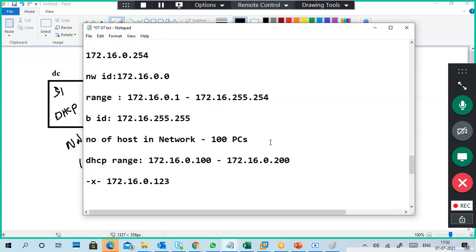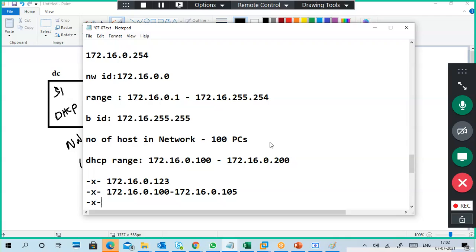Or maybe I don't want to give some IP addresses. In childhood days, you have some sentiments, right? Like the first five addresses, I don't want to give anyone. Example, 100 to 105, I don't want to give anyone.